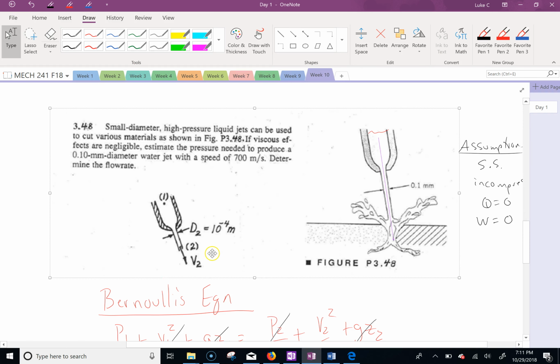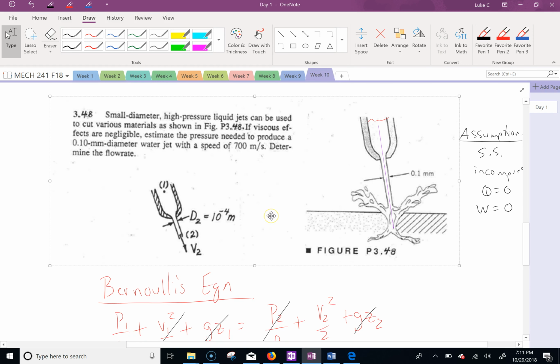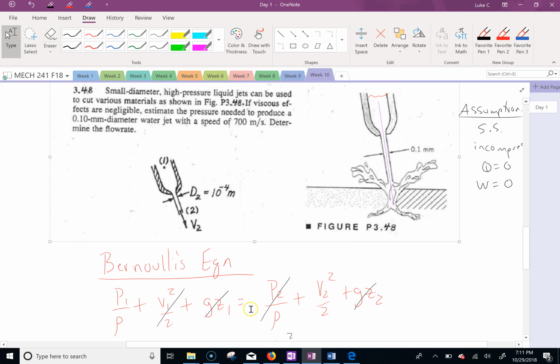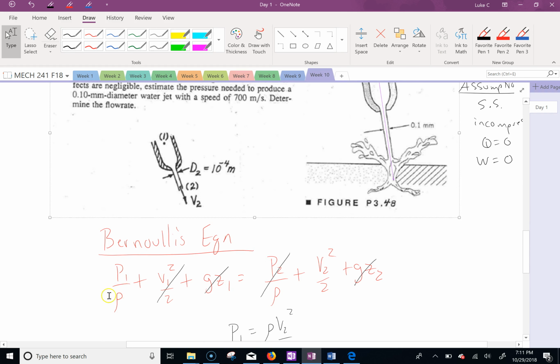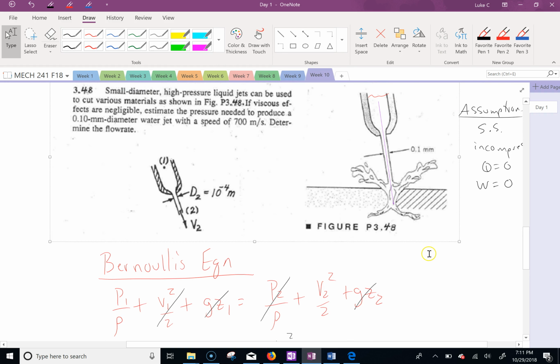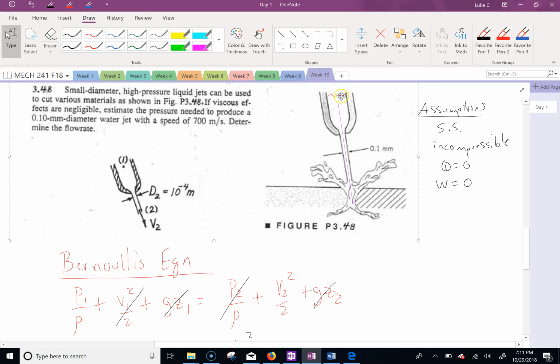So we can use Bernoulli's conservation of energy of a fluid as state 1 and set it equal to state 2, which I did down here. P1 over rho plus V1 squared over 2 plus g z1 equals P2 over rho plus V2 squared over 2 plus g z2. Now if you look over here, our assumptions: steady state,